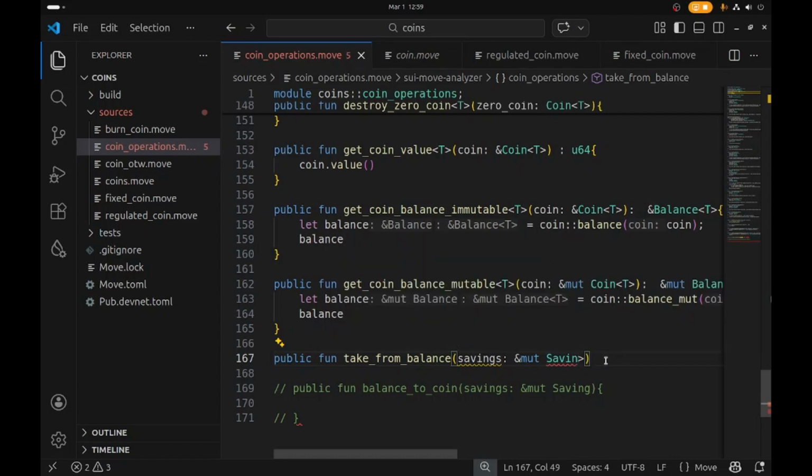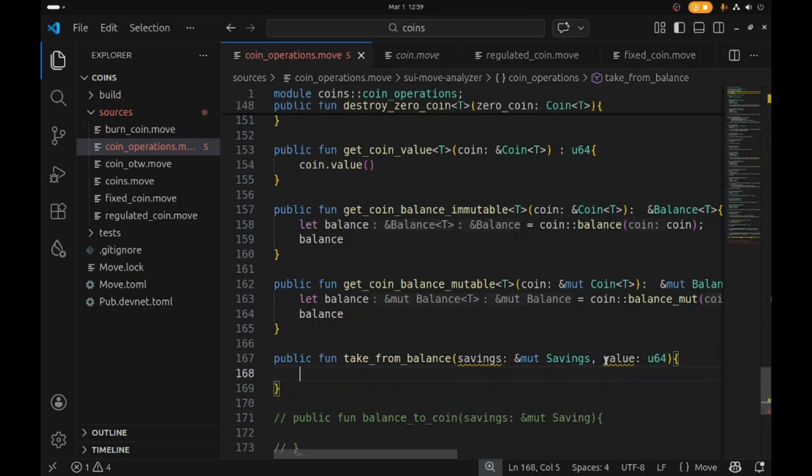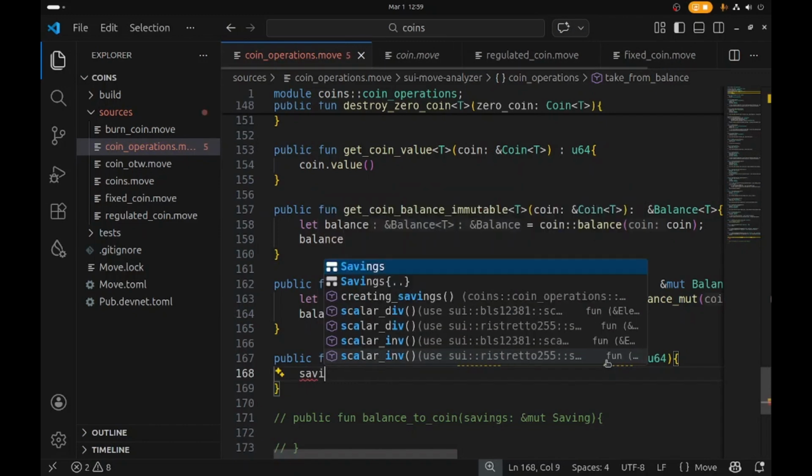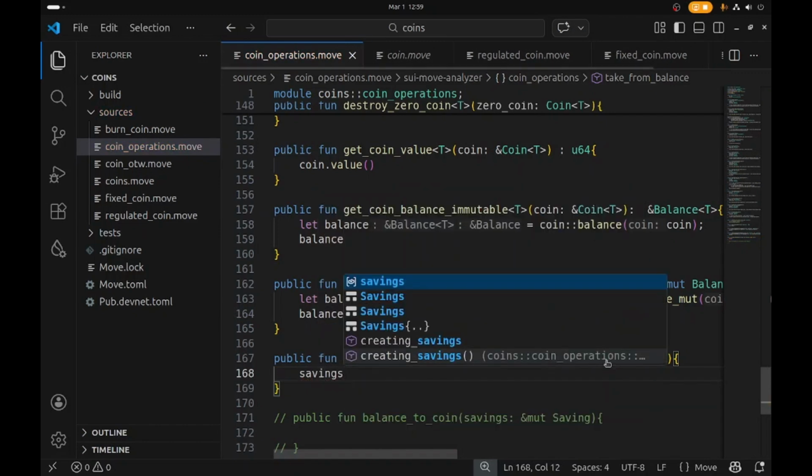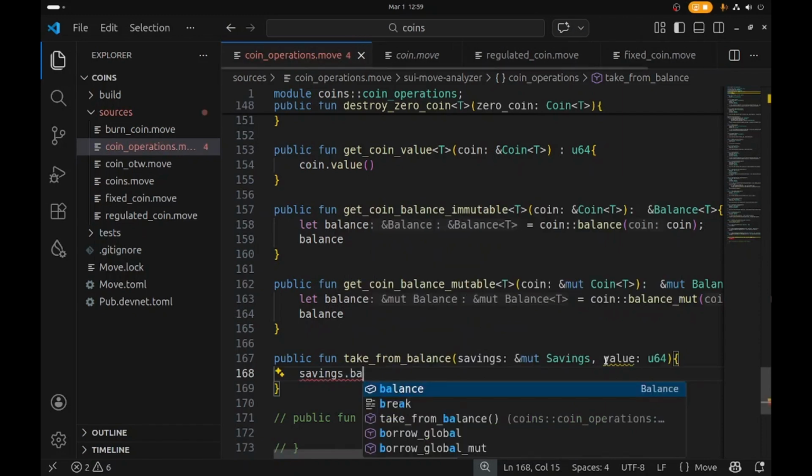Okay, so I'm savings, and I'm going to be putting the amount I want to take. So let me just put in a value of type U64 and change that off for now. So now let me say savings dot balance dot